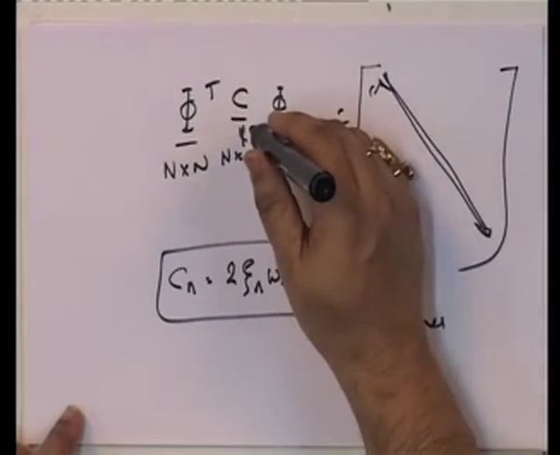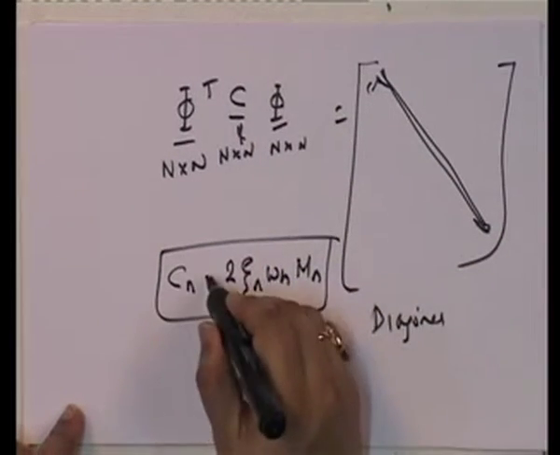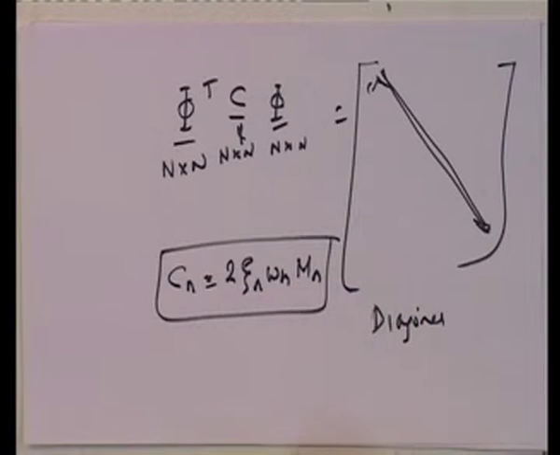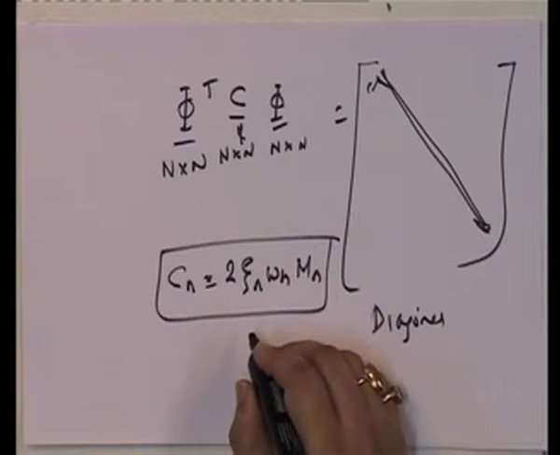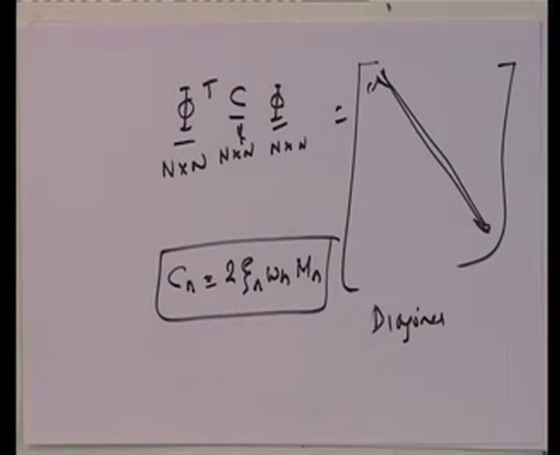So, the C matrix has to be such that these are diagonal and that Cn is equal to 2 xi omega n Mn. Okay? Now the funny thing that happens is the following. We have a peculiar situation that if